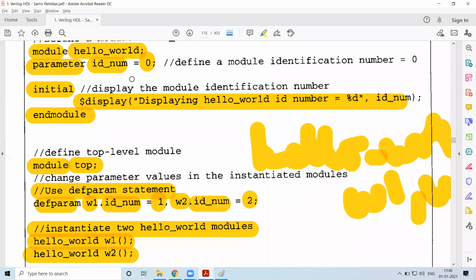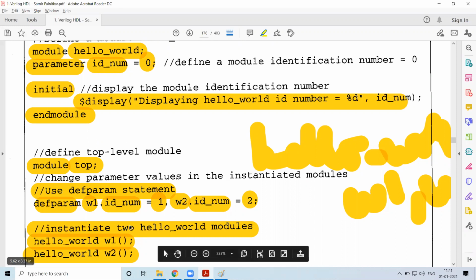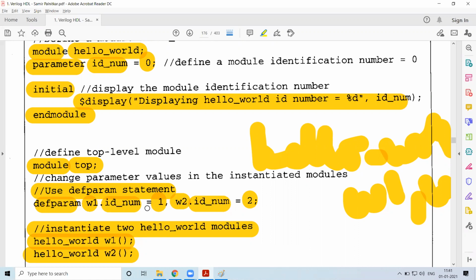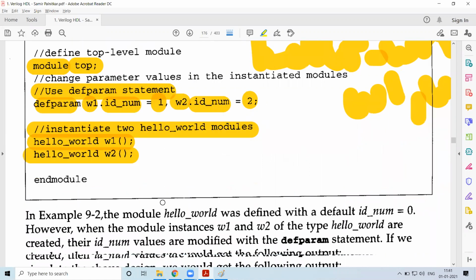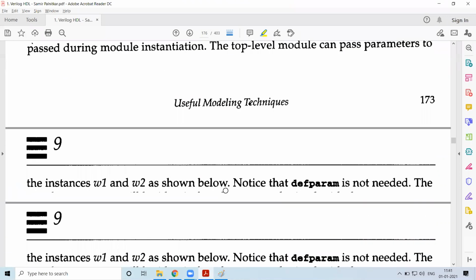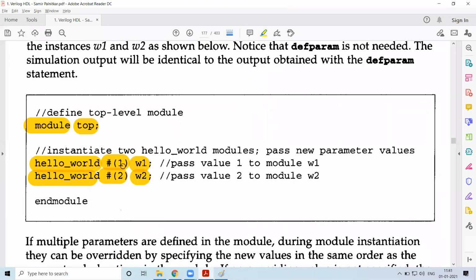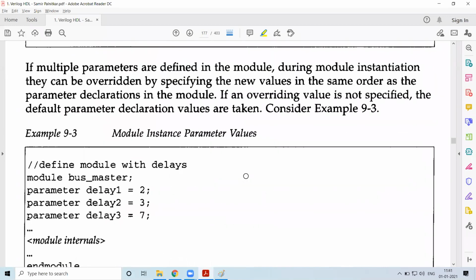In that case, for example, if it is ID number 1, ID number 2, and ID number 3, you should be specifying in proper order when using the module instance, not this part, because here you can specify W1 dot ID number 1 is equal to 1 and W1 dot ID number 2 is equal to 2, something like this. But when you're specifying with the instance in this bracket, it should be in the same order in which it is specified. So that care has to be taken.